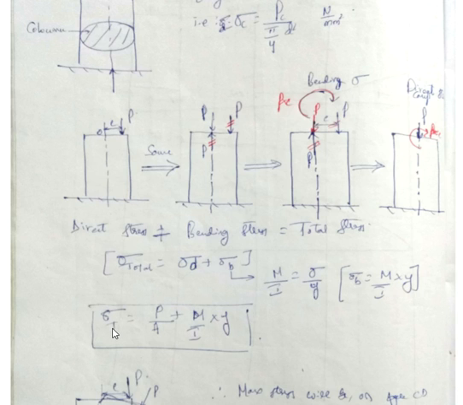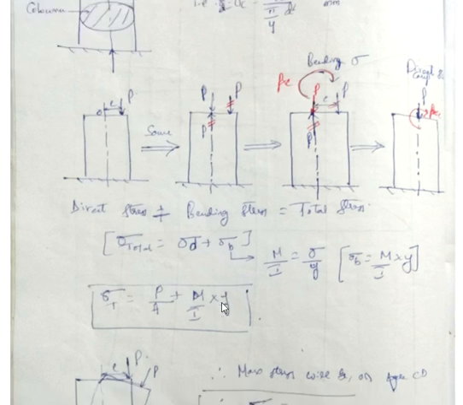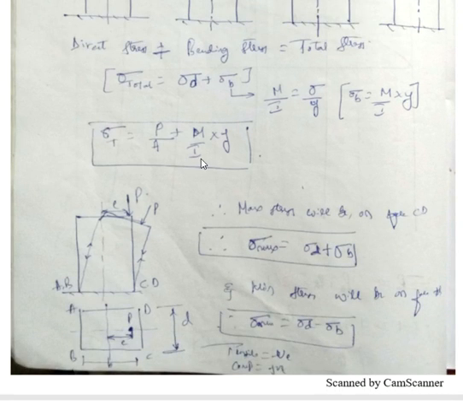So this is the formula. Sigma total, that is the total stress, is equal to the direct compressive stress, which is given by load by area. This is the load P and it is acting on the top area, so that is the area we need to consider, plus M by I into Y. Now let us understand what is I. There are two I's: the moment of inertia with respect to the x axis, which is Ixx, and the moment of inertia with respect to the y axis, which is Iyy, and we need to decide which one to take.